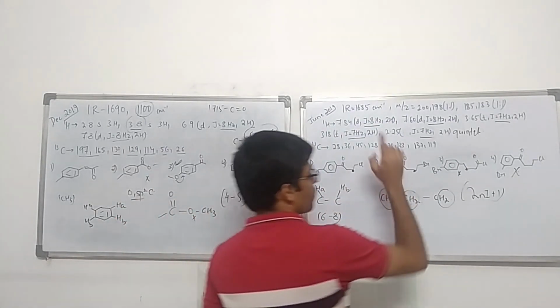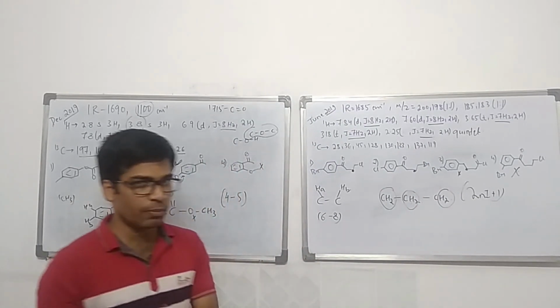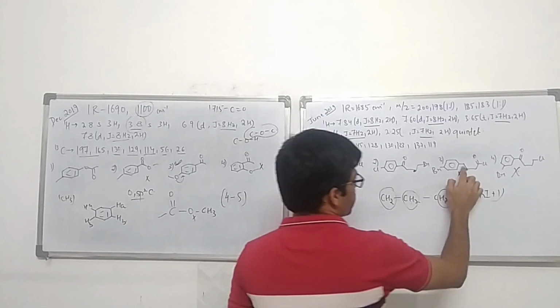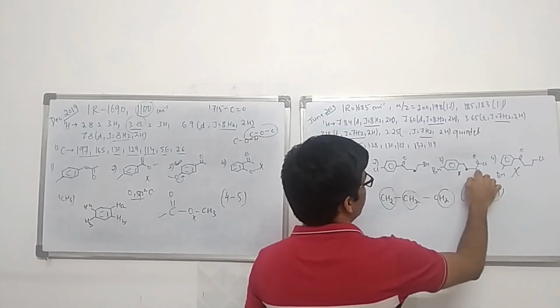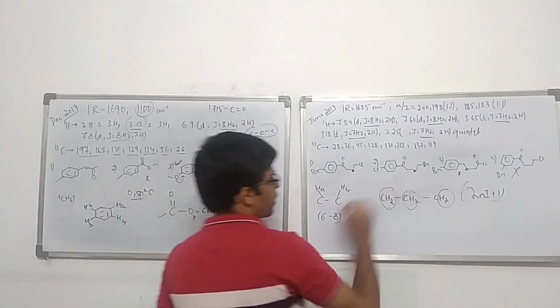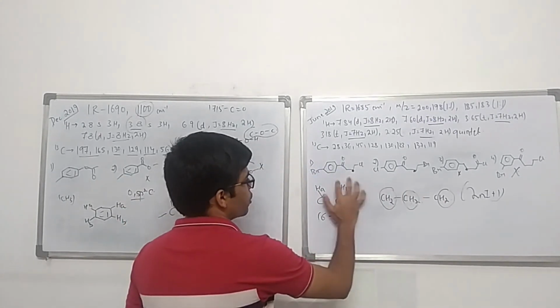So in that case, the value should be in the range of 2 to 3, as I told in the previous video that it should be in the range of 2 to 3. So this structure is discarded, because if this is having the value of 3.65, we are still left with 3.18. So this structure is discarded. Now I am remaining with these 2 structures.